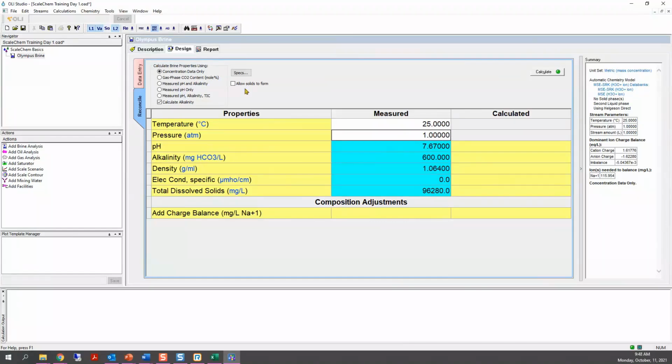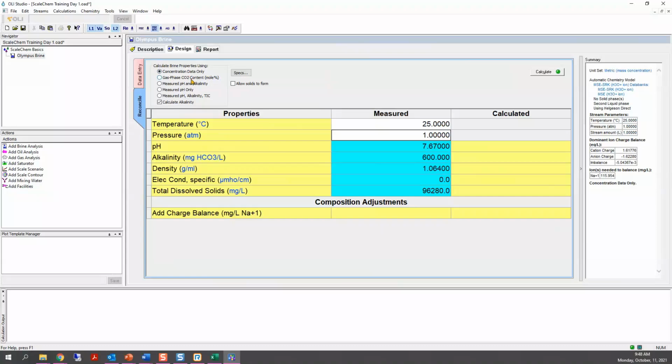The second important thing that we need to do here is to tell the software which options we will use to calculate the brine properties. For this example, just for demonstration purposes, I'm going to use the default option, which is the concentration data only.